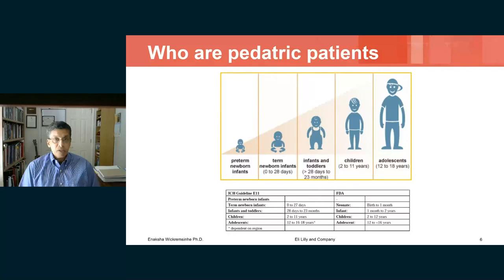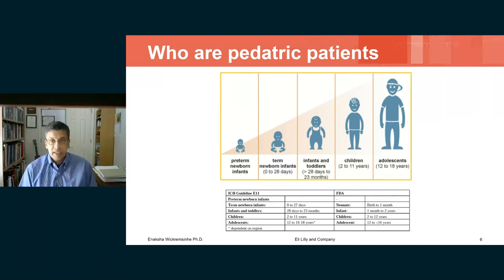So let's take a look at who the pediatric patients are. This is challenging by itself because when you talk about children, it spans a broad range of ages from a preterm newborn infant all the way up to approximately 18 years. So you can see preterm newborns, term newborns, or what we call neonates, infants and toddlers, children and adolescents. A broad range of